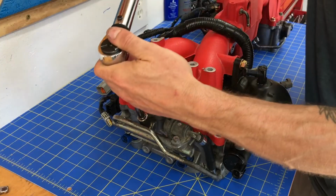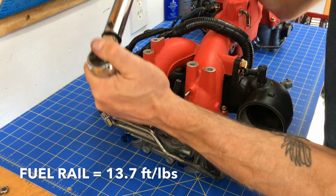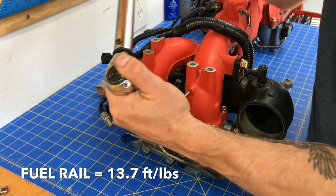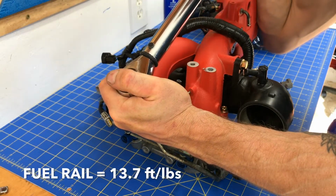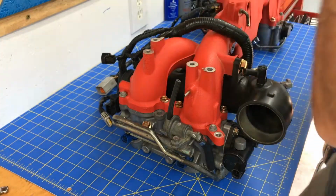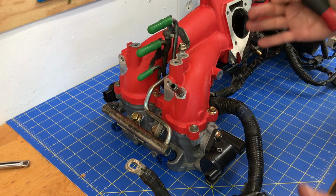Okay, and the factory spec for torquing these bolts down is actually 13.7 foot-pounds. So go ahead and grab your torque wrench and torque these bolts down. They're holding your fuel rail to your tumble generator valves to 13.7 foot-pounds. Okay, at this point you can go ahead and tighten up all your bolts, tighten everything down at this point,